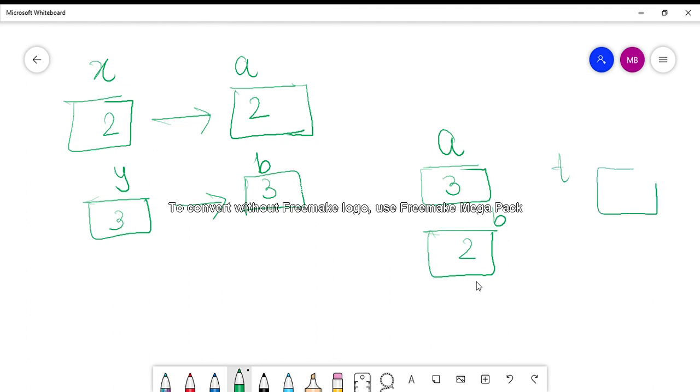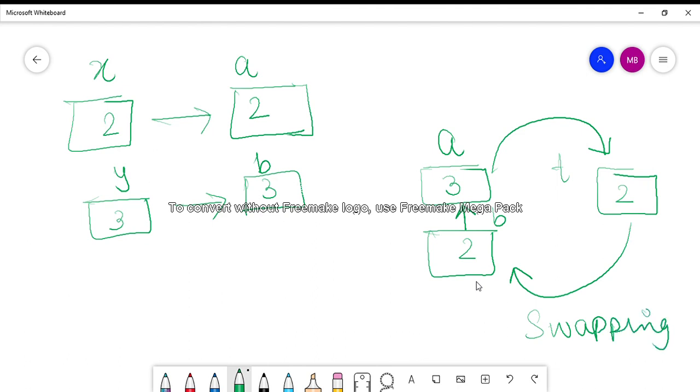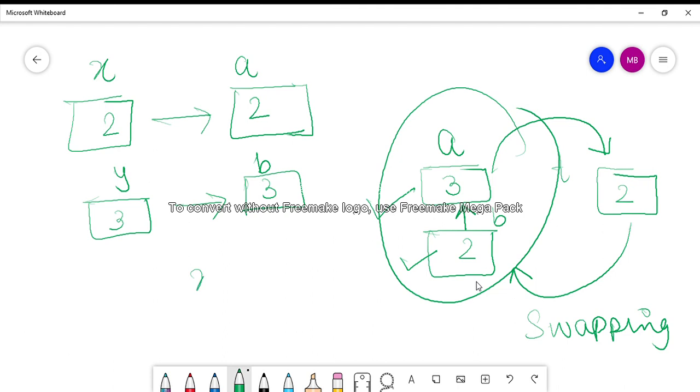This is how I have swapped the values. t is a temporary variable which is storing the value of a and then giving the value of b to a, and b is given the value of t. This is how you are doing the task of swapping using a temporary variable. Now that means a is 3 now, b is 2. So these changes should be reflected in the actual arguments x and y. In main, x and y should also become 3 and 2. But this is not happening. In main, x and y are still 2 and 3.